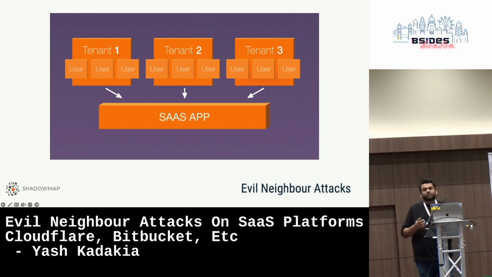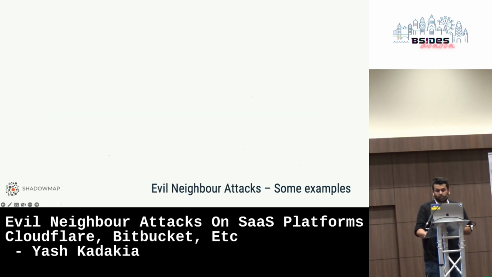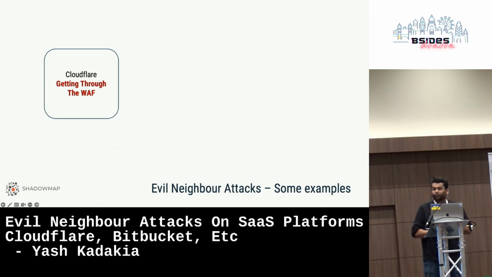And we've seen some interesting attack scenarios that we were able to come up with during our red teams that we could leverage to compromise things, right? So I'll give you a couple of examples and I'll talk more about these as well. One is abusing certain functionality within Cloudflare to get past the WAF. So even when the origin is restricted, limited, no public access, we could still bypass the WAF and hit the endpoints and get around that.